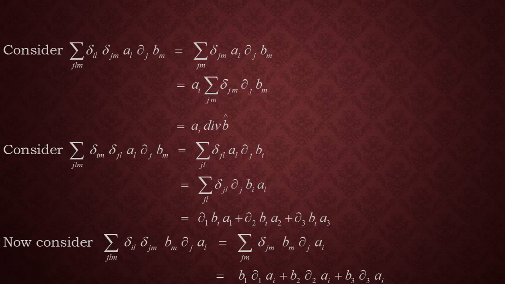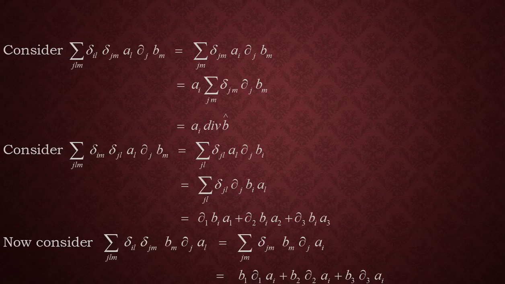So we are forced to replace m with i. If we substitute i in the place of m, we lose the index m under the summation. So our part 2 takes the form summation sigma over jlm delta sub im delta sub jl al dou j bm equals summation sigma over jl delta sub jl